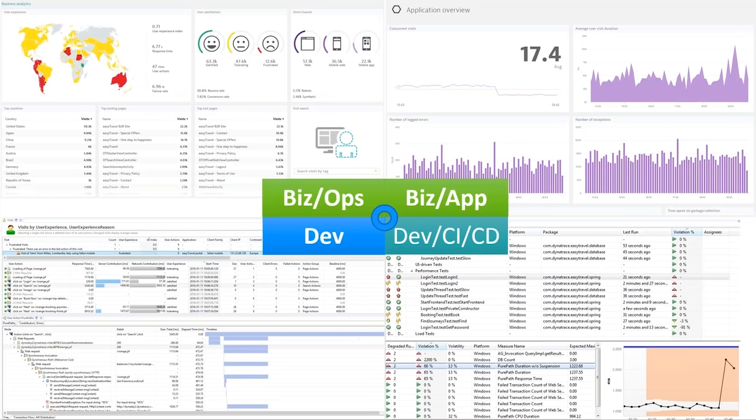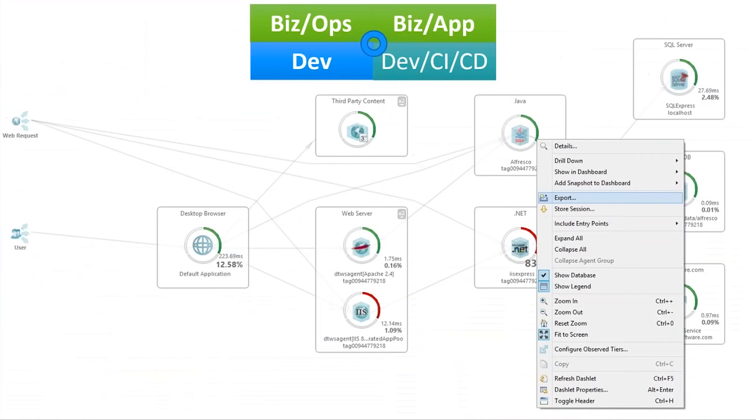And here's again just the four screenshots that I've shown you before. Whether you're biz ops, biz app, dev, or if you're doing CI, CD, Dynatrace captures the same level of data, just presenting it in a different way so that it makes sense. And not only do we capture this data in the different environments, we also allow you to easily share that